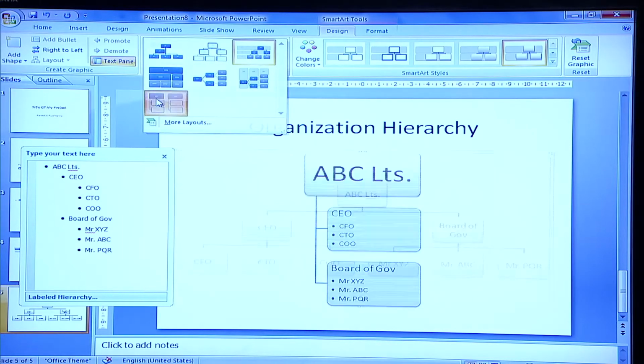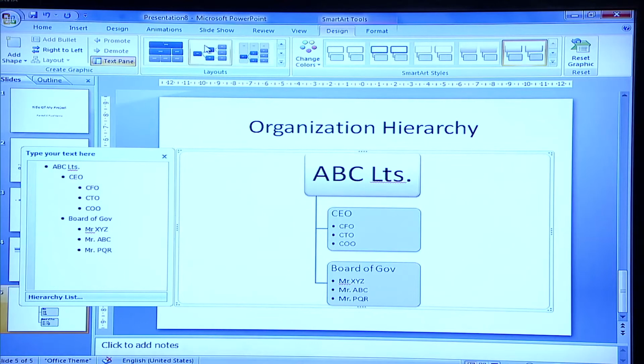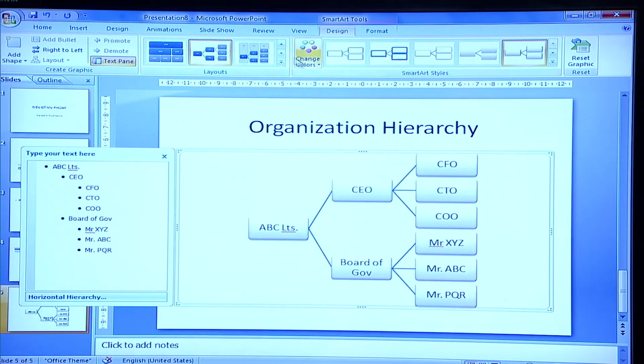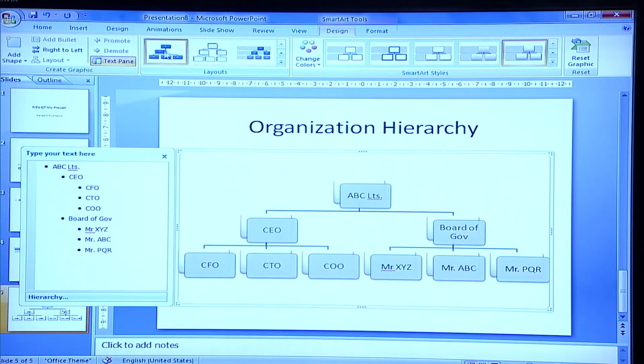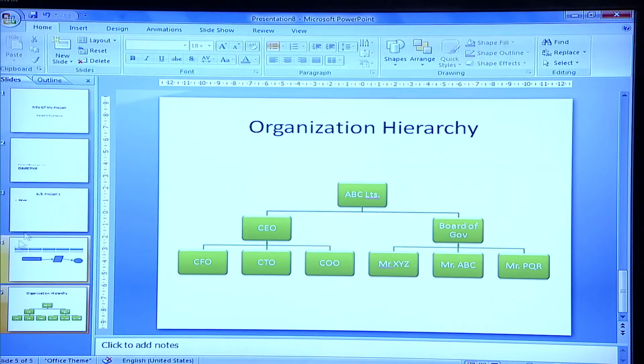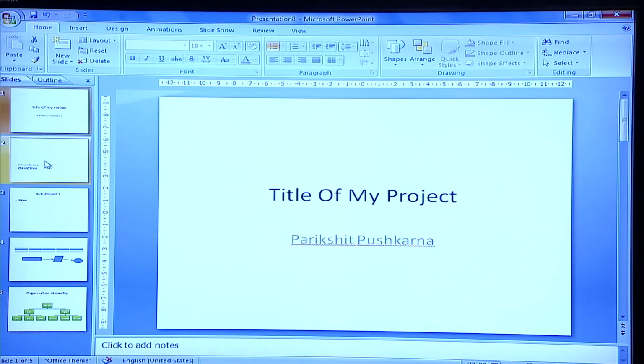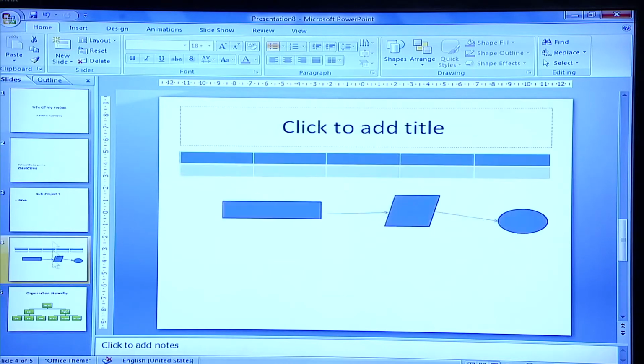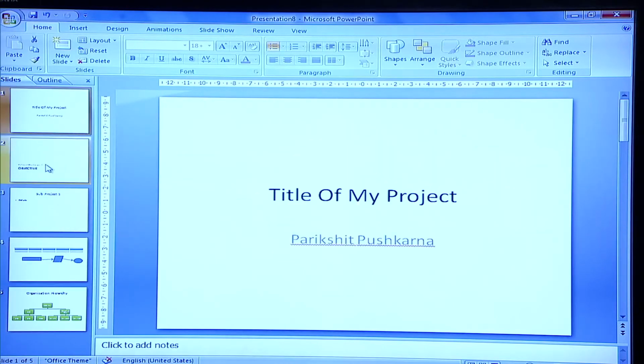You have lots of options. So you can test and play around with the data that you have created to use SmartArt to your benefit.